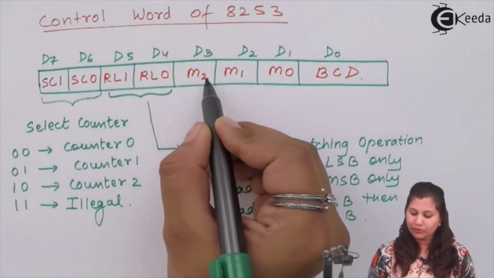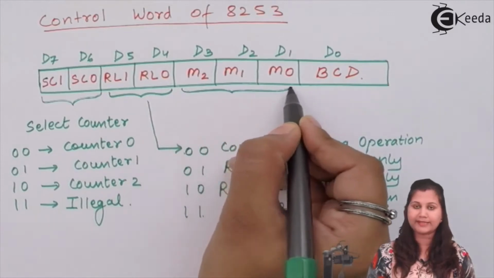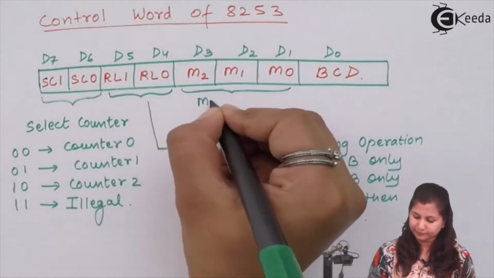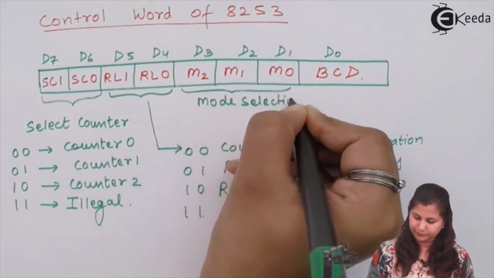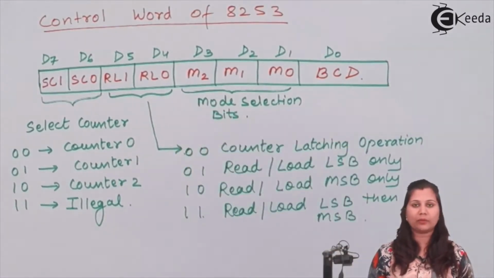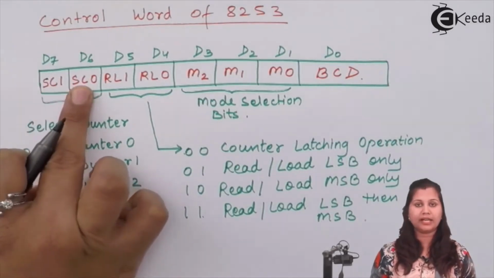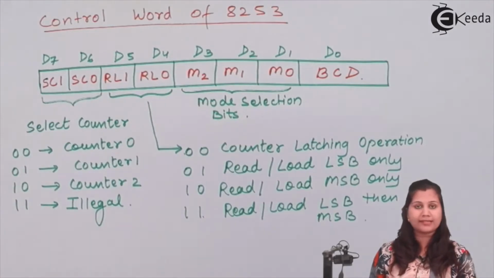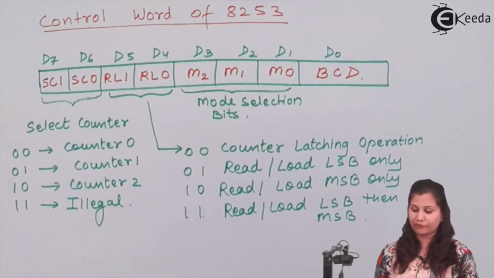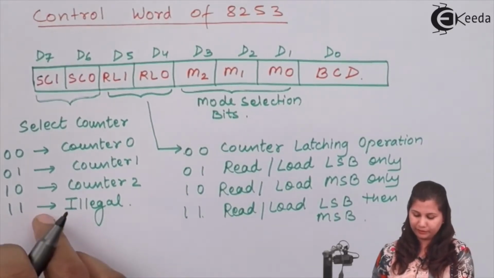Then comes the M2, M1 and M0 bits. These bits are the mode selection bits. Mode selection bits means these bits are going to decide in which mode the timer, which is selected by the D7 and D6 bits, will work. So there are 6 modes, mode 0 to mode 5. So the mode selection bits, their value will be